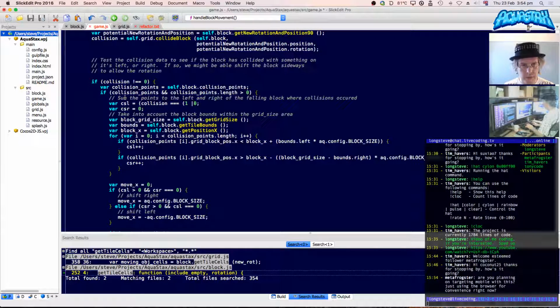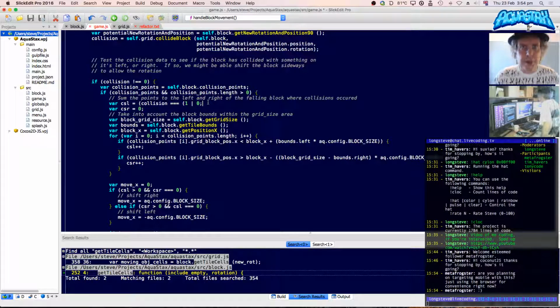Are you planning on targeting mobile with this or just using the browser for convenience right now? Yes, I am planning on targeting mobile at some point. The debugging is much more convenient when you write the JavaScript Cocos2d-X or Cocos2d-JS code through a browser. But eventually it will compile and run on iPhone and Android devices. I hope it should be pretty straightforward actually. I'm not doing anything that's going to be difficult for a mobile phone to run. I have to handle the touch screen code, but that'd be good. Yeah, definitely like to play this on a mobile.